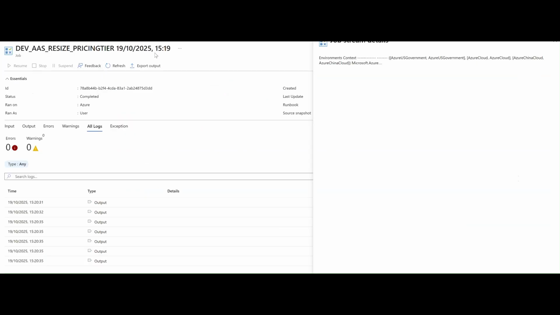You can see here the job was executed 4 minutes back, and there are no errors and no warnings. The runbook executed successfully. Due to some security reasons, I can't show everything here, apologies for that. But this is how you can use your PowerShell script to resize your Azure Analysis Service